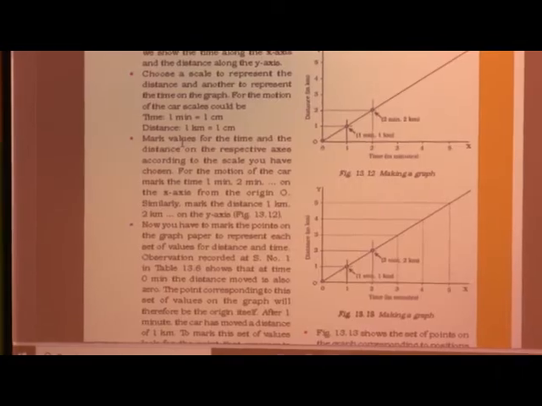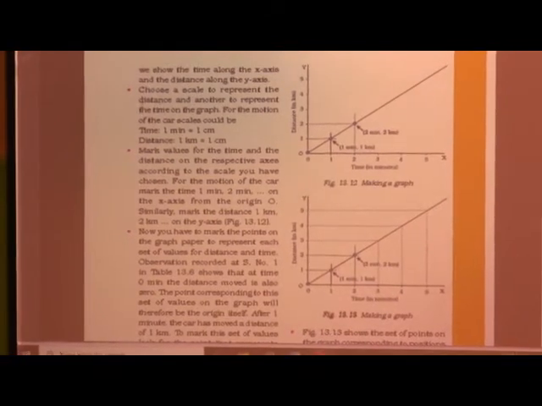So children, in our last session we discussed that there are different types of graph. Whatever readings we take or got from the odometer and speedometer, we can draw a graph from them. There is a pie chart and a bar graph, but here we are discussing the line graph and how we can draw it with the help of readings of distance and time. Let us continue that point, and also learn how to draw a line graph.